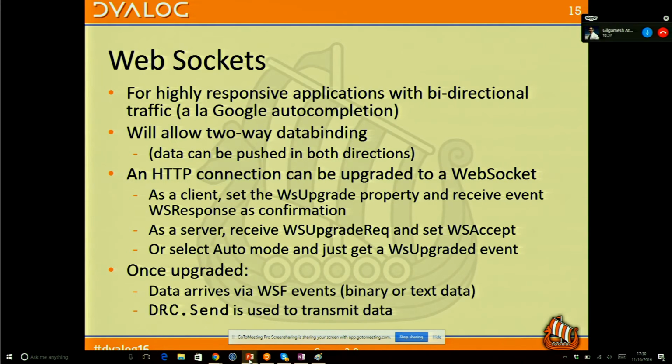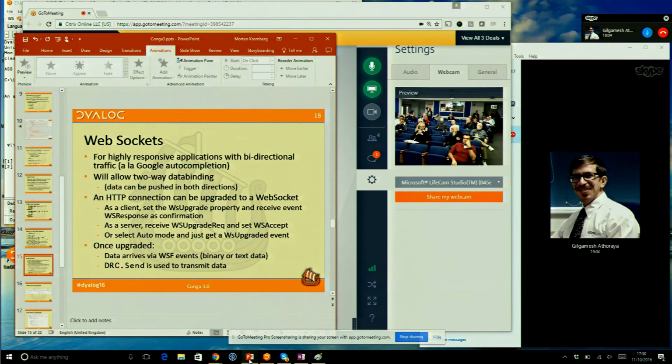And if you're willing to upgrade, you set the web service accept property, or you just set auto mode, and you just get an event that says your connection has been upgraded. And after that, you start getting some WSF events. You could actually get both WSC and WSF commands, and that is for continuation and final.